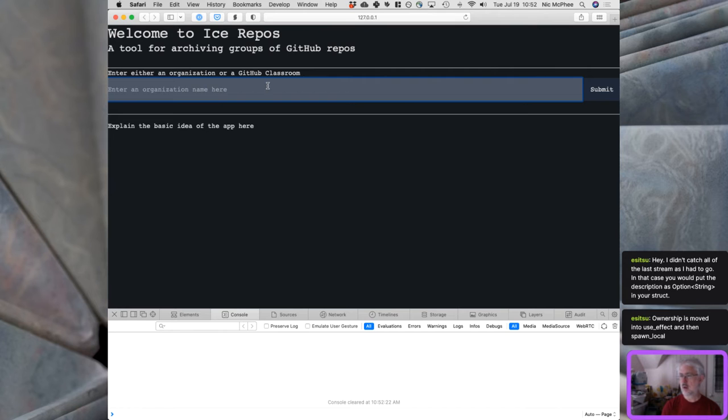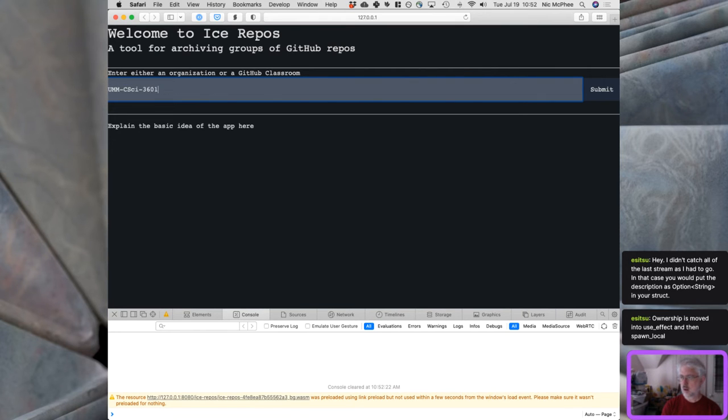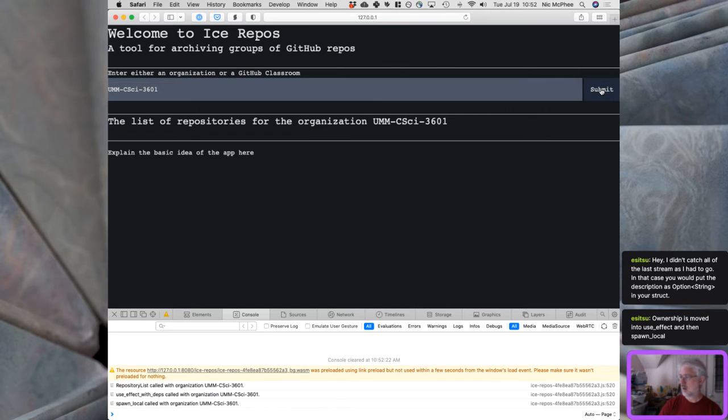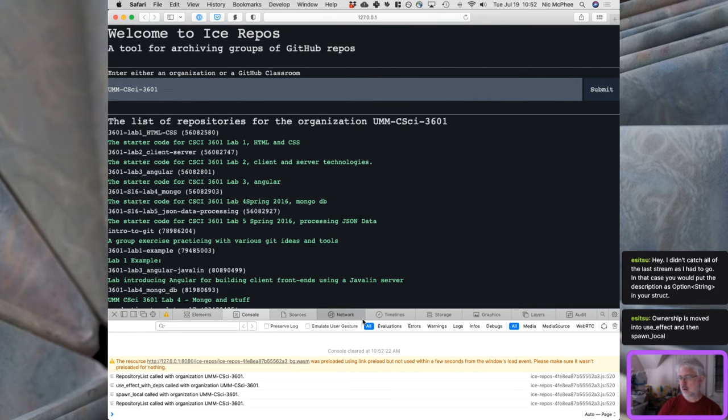Okay, so repository list called with that, use effect depth called with that, spawn local called with that, repository list